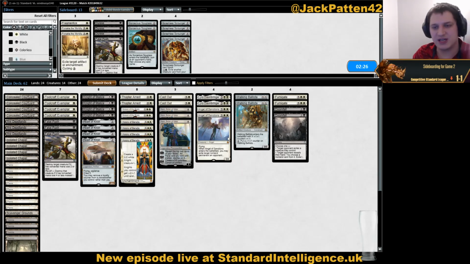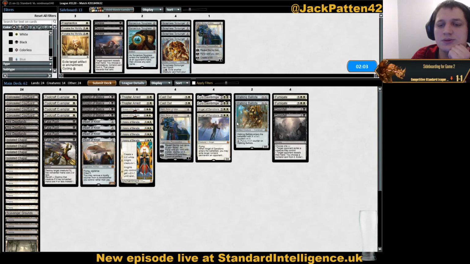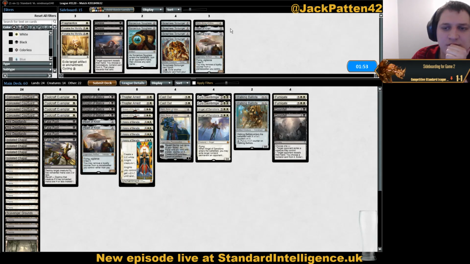Angel of Sanctions is another interesting one for... Toolcraft Exemplars? No, I like the Toolcraft Exemplars actually. I also like the Fatal Pushes. Gideon's a pretty good removal spell. Maybe it's Khan. Like, drop a Khan and then drop 2 Hearts of Kiran. They don't seem great, but most...